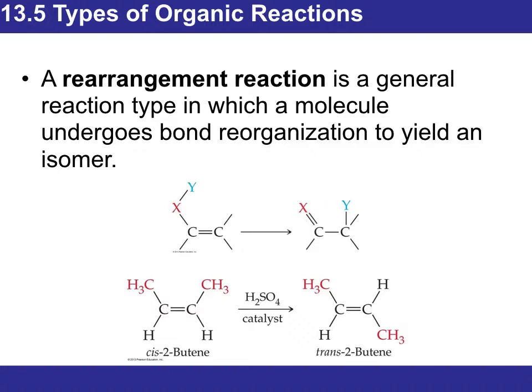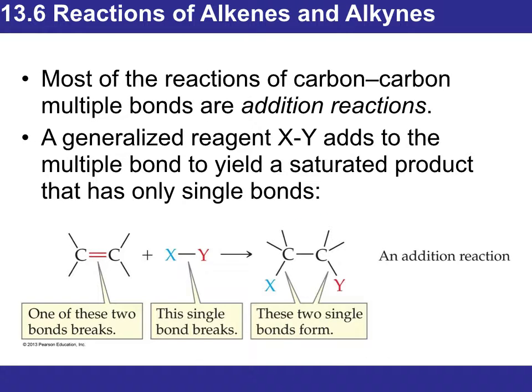You go from the first molecule on the top, and it will give you cis-2-butene and trans-2-butene. Don't worry, I'm not going to give you an example with just finding out the result, but I may ask you a question about the different types of organic reactions that take place. Most of them are going to be addition reactions for the carbon-carbon multiple bonds. And when you look at this, this is the result you could have, just showing you again, you have addition